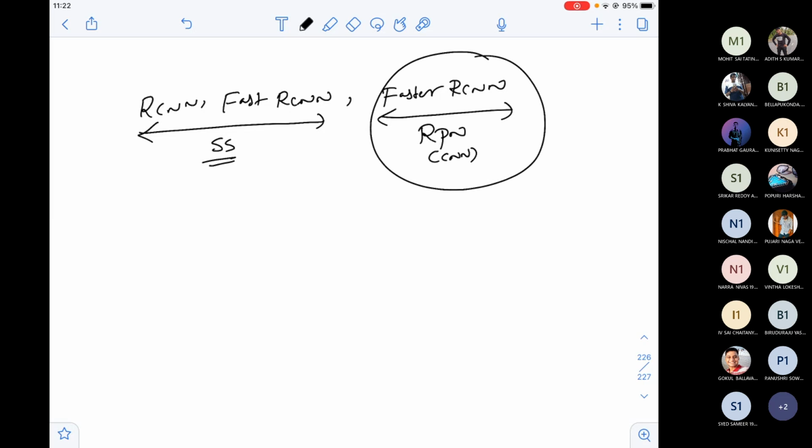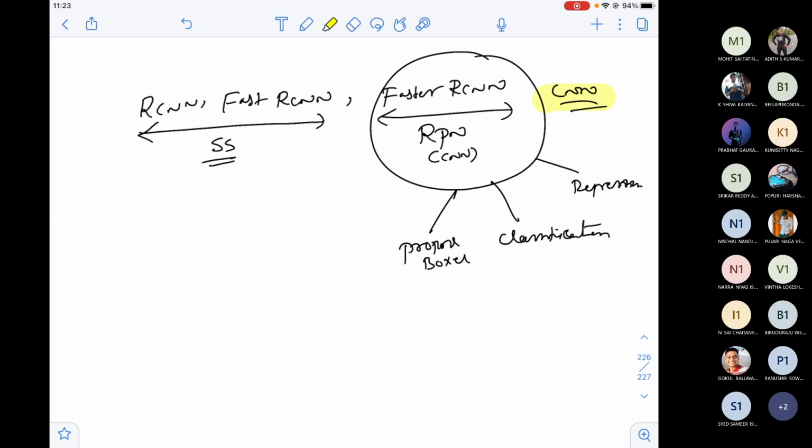So the entire Faster RCNN uses CNN to propose the boxes, and for classifying the objects I'm using CNN. For regression also I'm using CNN. See how beautifully I completed my entire object detection with a single architecture called CNN. You understood? Okay.